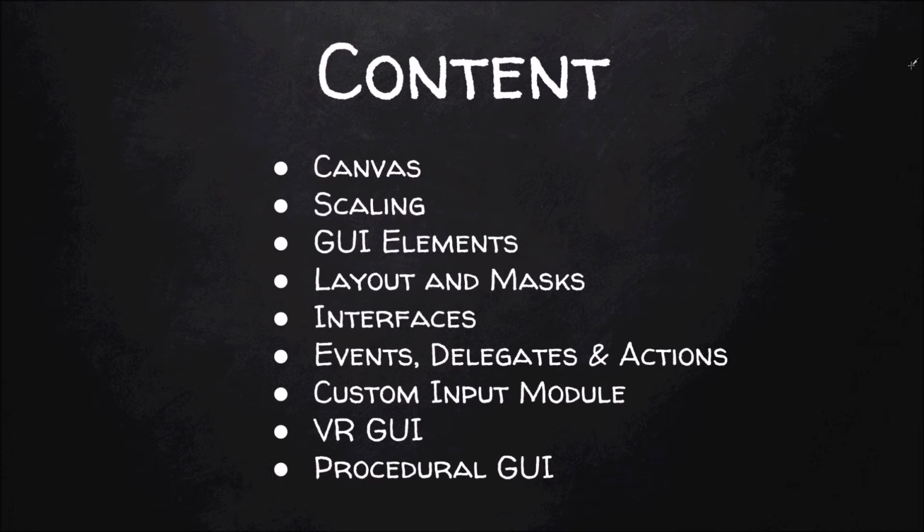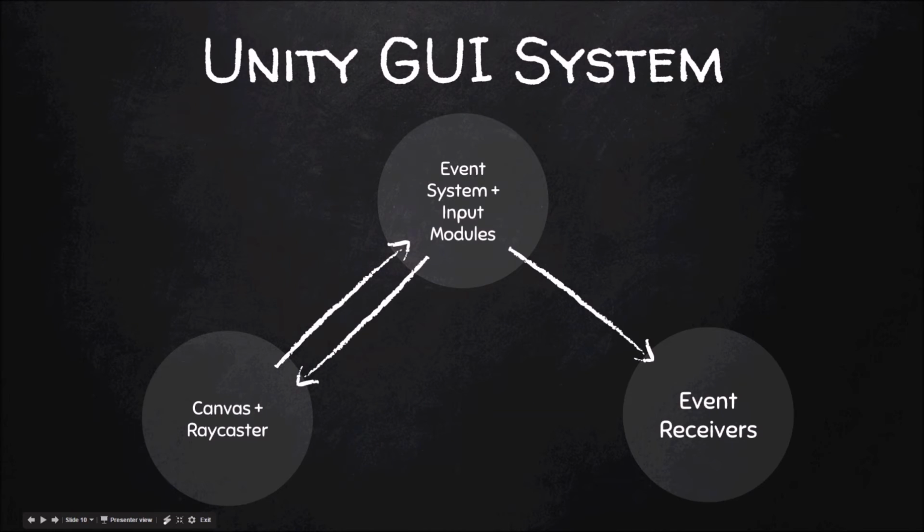The last topic will cover procedural GUI. In that topic, I will cover how you can create GUI elements directly from your code, how you can link functions to your procedurally generated GUI buttons, and then lay them out in the scene. Before ending this video, I will give you a brief overview of how Unity GUI system works under the hood. This will give you a better understanding of the things that we are going to talk about in the later videos.